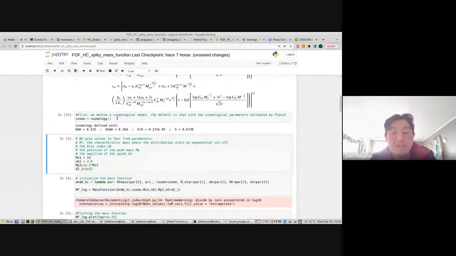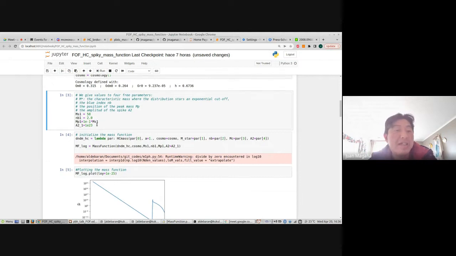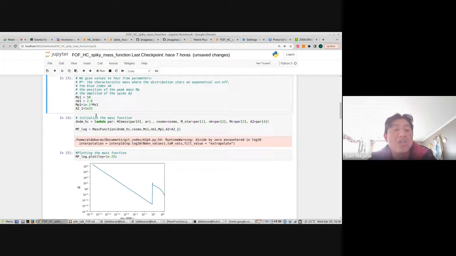I define my cosmology. Now, I need to define the free parameters of this kind of extended mass distribution. For example, here I fix the M star parameters, I fix the blue index parameters, and in this case, I fix also the peak mass, one order of magnitude less than the position of the characteristic mass, and also I fix the amplitude A2 equal to 10^23 by hand.